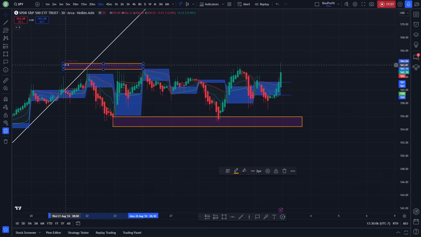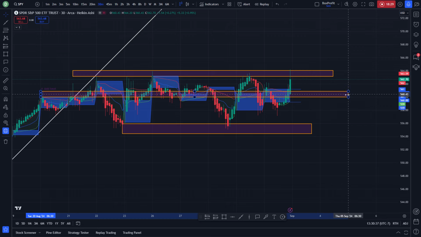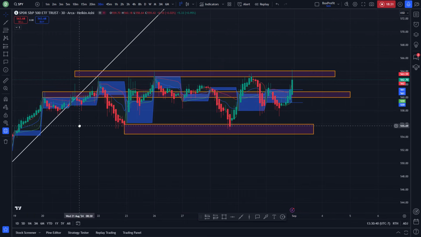But there are three things we need to look at here. We also need to look at the middle zone. From the middle zone, before everything fell apart, we had this neutral zone here, which was the consolidation zone. Let's consider that consolidation zone as well, because that might be our most common point for market opening, price opening, and also some days a reversal point. So we have that zone. With those three in mind,